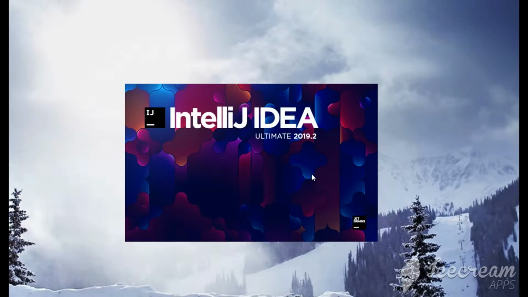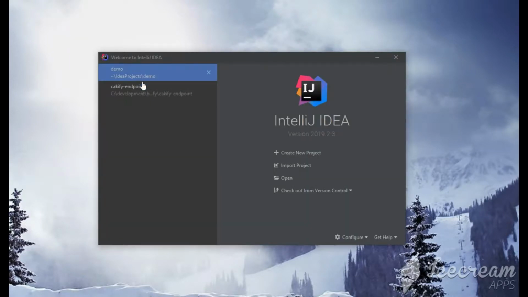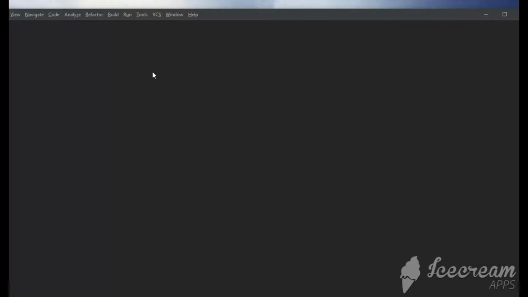Welcome. Today we'll see how to delete a project from IntelliJ. There are different ways you can delete. Click open a project from your welcome list, and it will